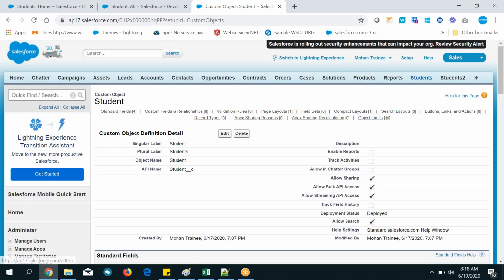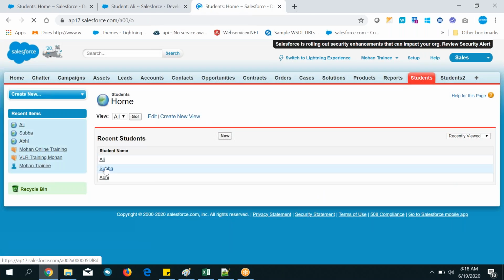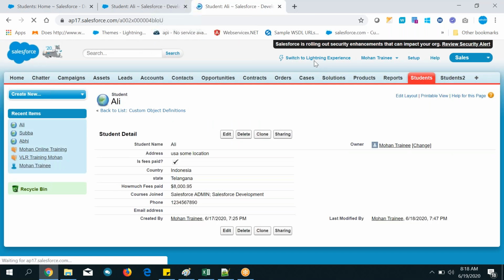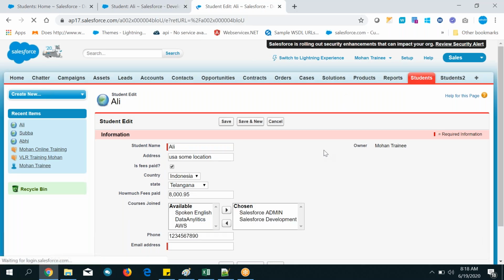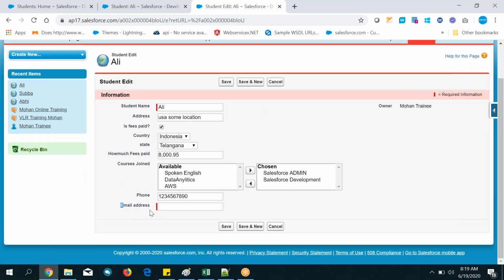So go to the student tab, and open it, edit it. Okay, so did you observe a red mark here? For all the fields there is no red mark, but this field there is a red mark. Leave it now. Okay, so this is the red mark. How it came? Why it came?